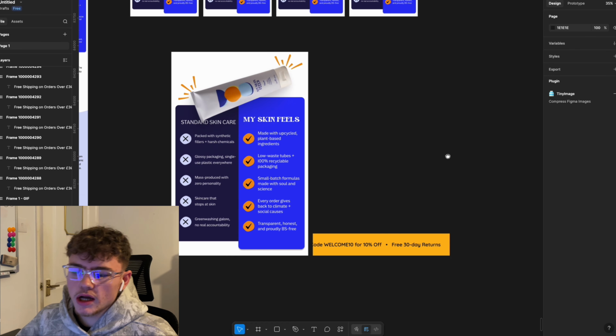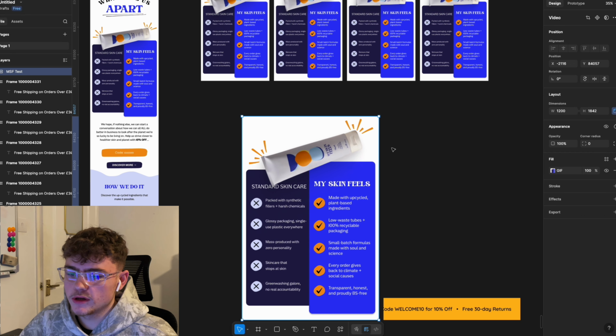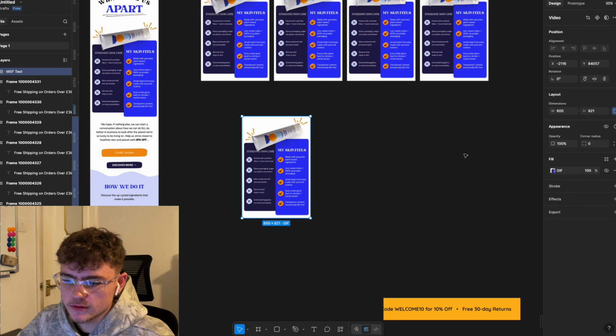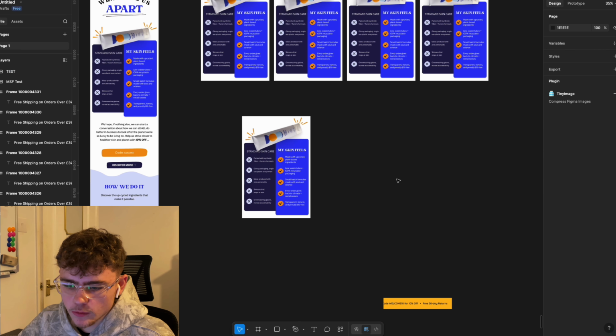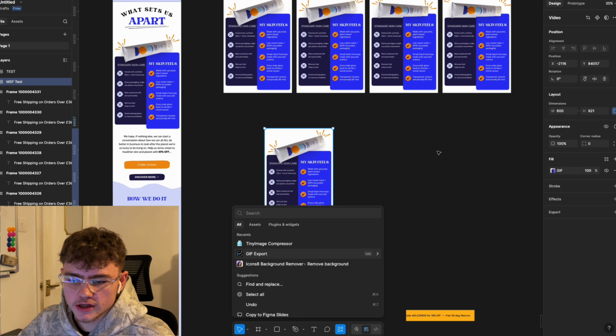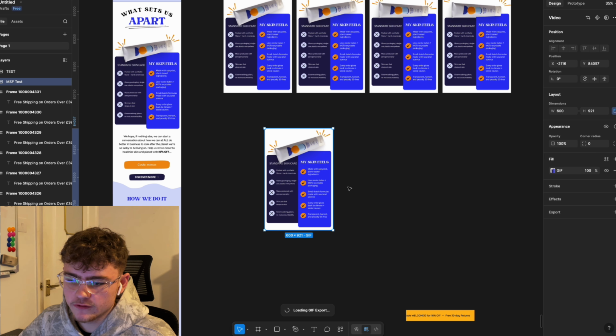All right, so now we've got our GIF files inside of Figma. What we can do if we want to have these inside of Figma so we can either show our clients or just have a look what they look like within the emails, we can downscale them, because obviously we upscaled them earlier to 600. And then we can use another plugin, which is called GIF export. We're going to select the GIF that we want to view, go on GIF export, and then we can hit play GIF, and it's going to play the GIF inside